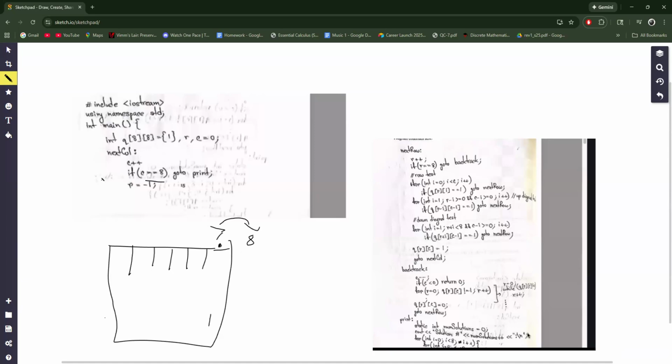That's not the case. If we make our row back to -1, is here. If we